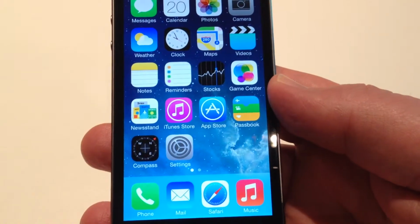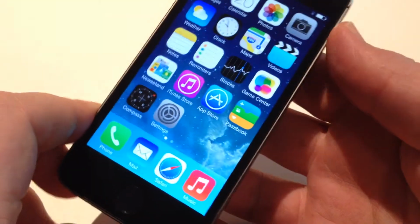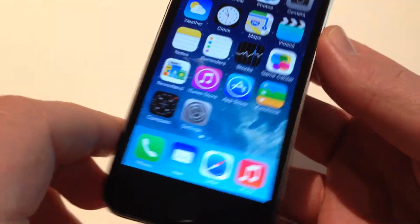So they're just a few basics. iOS 7 running on the new iPhone 5S, but it'll also work on your iPod, 5th generation, your iPad 2 and above, and your